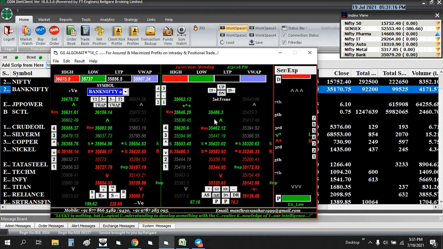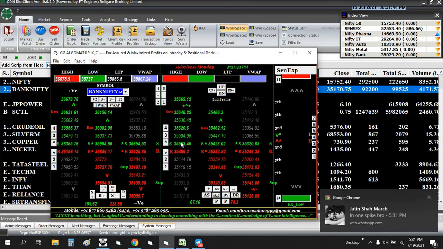So it should reach this area and once again come down and break this 35,359 price, right? If it is breaking this and going here, just leave it, let it go. After making some small high, that is the trap for buyers. So it should reach this particular area and it should come down.